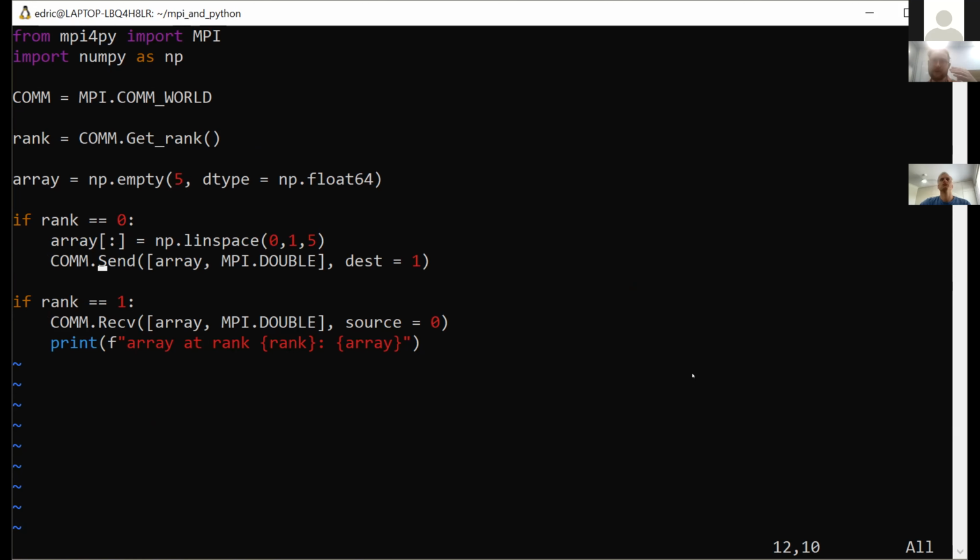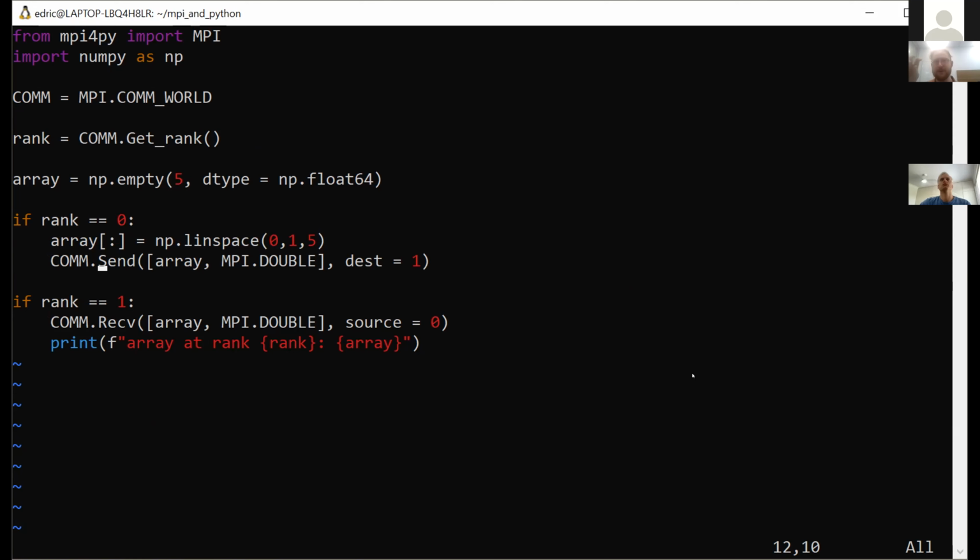When we're using the lowercase methods, MPI for Py will actually be converting the Python object into a binary format, and then sending that binary data over the communicator, and then converting it back to the original data type at the receiver,